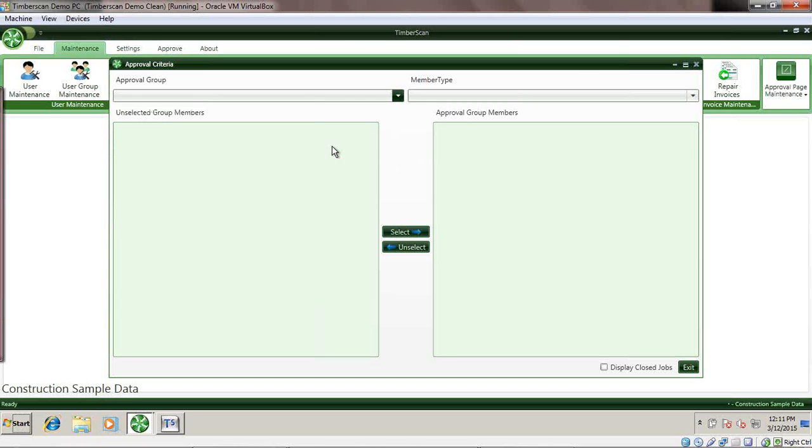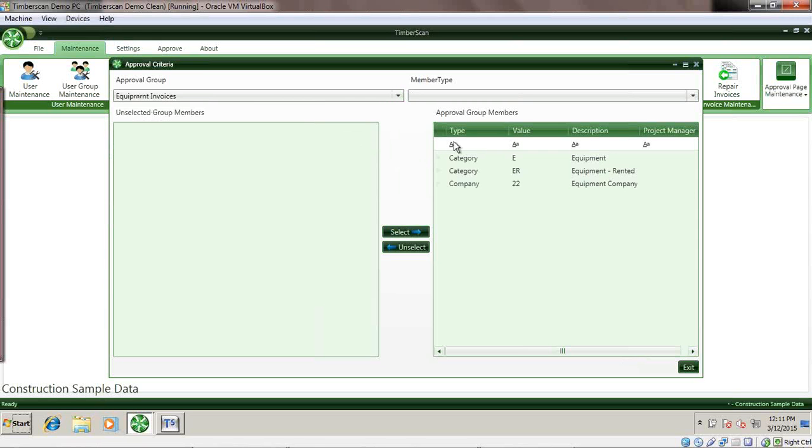Equipment invoices. Okay, so with equipment invoices, we've decided that based on the category, 2 categories, and a company, these are the items that are going to go to the equipment invoices approval group, which was the one that I talked about, which had, I think, 3 people in it, and those people were going to see these invoices in that order. So every invoice that has an E for the category, an ER for the category, or is part